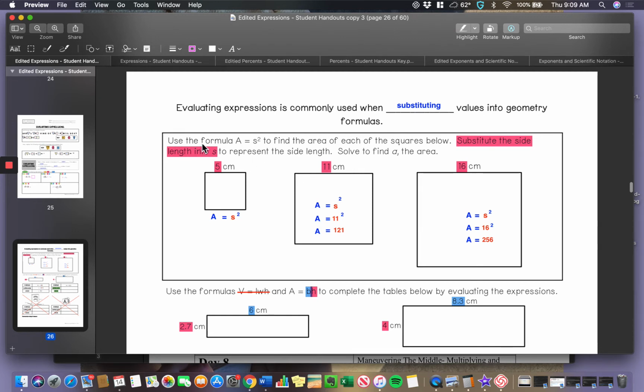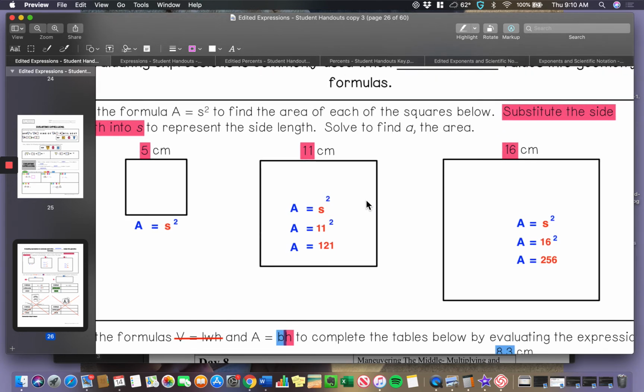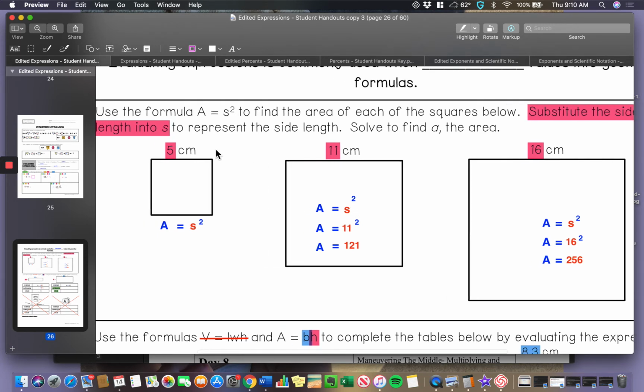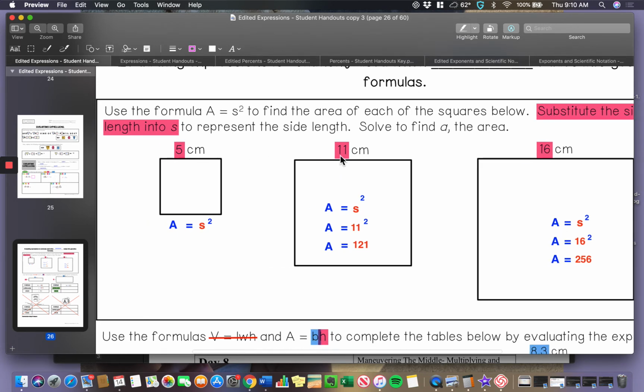It says use the formula A equals s squared to find the area of each of the squares below. Substitute the side length into s to represent the side length. Solve to find A, the area. So here's one of the examples I did for you. All right, s, which was highlighted here, is 11. So since s is 11, I have to use my formula from the top